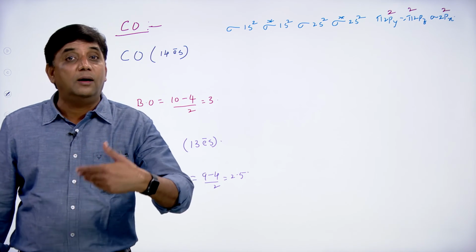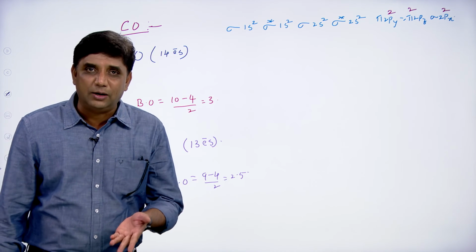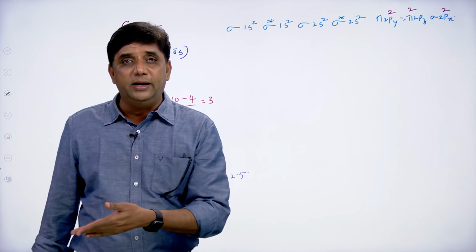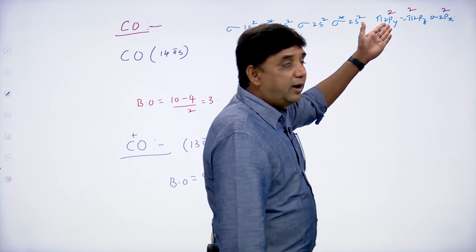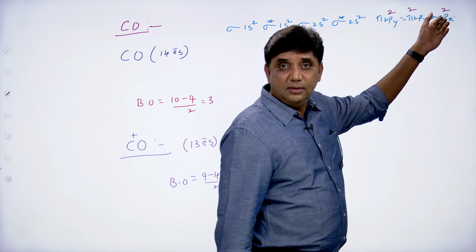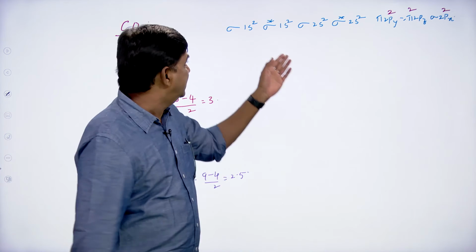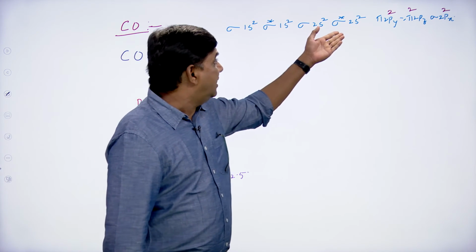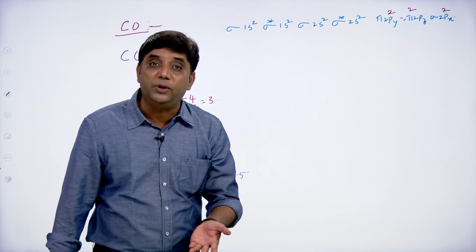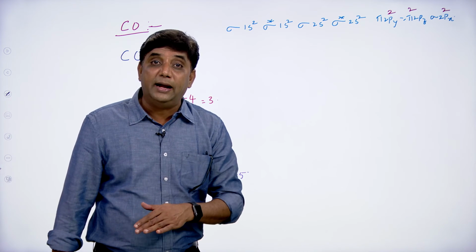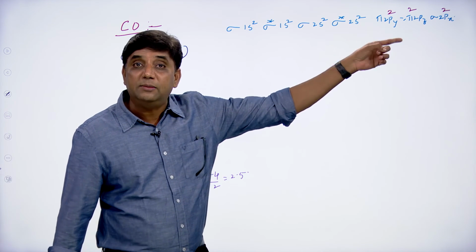In order to get the bond order increased, the electron must be removed from the anti-bonding orbitals. That's what we discussed. Here there are no anti-bonding orbitals with respect to pi or sigma 2p. So there is only one anti-bonding orbital, that is sigma star 2s and sigma star 1s. 1s is very low energy. The higher energy anti-bonding orbital is only sigma star 2s. That means the electron must have been removed from sigma star 2s. When can an electron be removed from the anti-bonding orbital sigma star 2s? When its energy is greater than that of pi 2py, pi 2pz and sigma 2px.